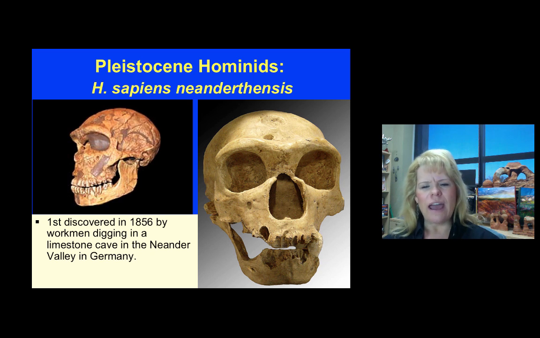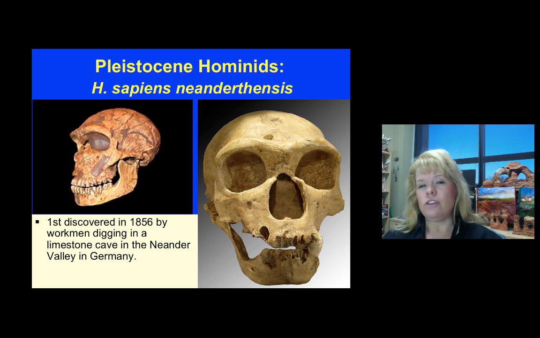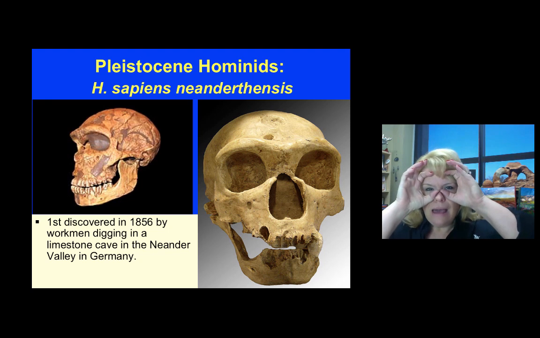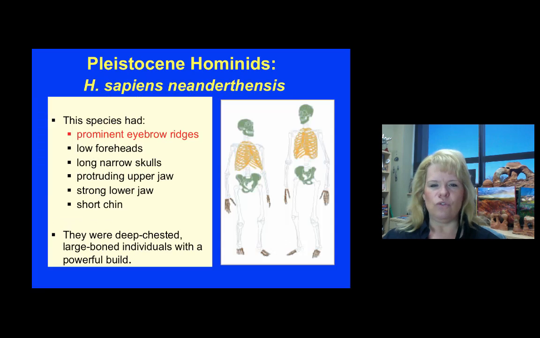And you can look at their face in comparison to ours. Notice that they have a real big ridge right up in here, big nasal cavity. I need you to think about why that would be. Even bigger eye sockets than us. I need you to contemplate what that could be for. So interesting, because they're made completely different in terms of some of their basic anatomy. While they have the same anatomy parts, they're different sizes, they're different shapes. What would be the reasons for that? They had prominent eyebrow ridges.